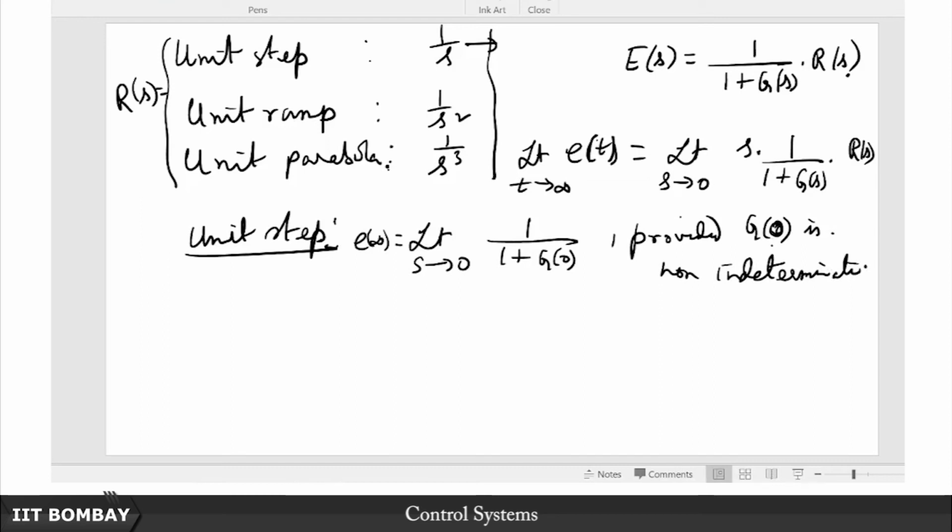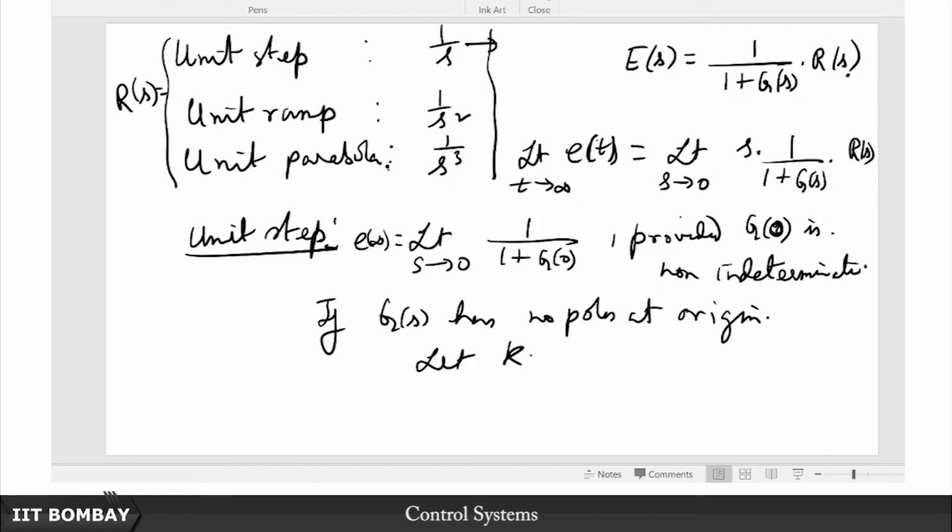If G(s) has a pole at the origin, then I cannot evaluate G(0), is it not? In fact, if G(s) has a pole at the origin, this G(0) will tend to infinity. So if G(s) has no poles at the origin,